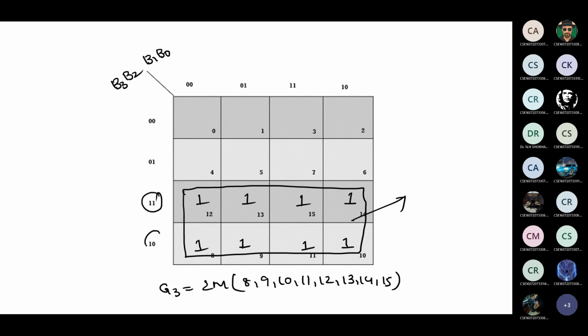Simply take the common among 1 1 and 1 0. What is common among 1 1 and 1 0? Which bit is common, first bit or second bit? The first bit is for B3. So the answer is B3. So G3 is nothing but B3. Done. This is what we need to do for G0, G1, G2 and G3. Finally, based on that answer, you need to draw the logic diagram.